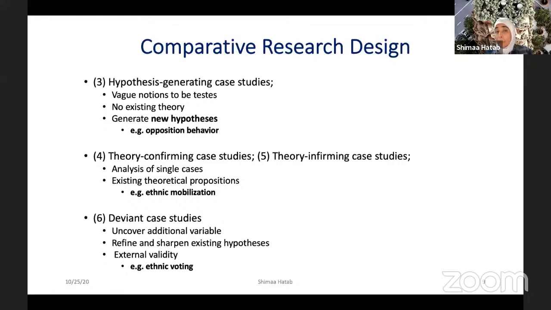Supposedly this is a theory, and then you find that in some contexts or countries, there is a political leadership that tried repeatedly to mobilize supporters along ethnic lines, and these ethnic groups don't have access to economic resources, but they didn't respond to this. So we need to study this hard case in order to infirm the already existing theory,